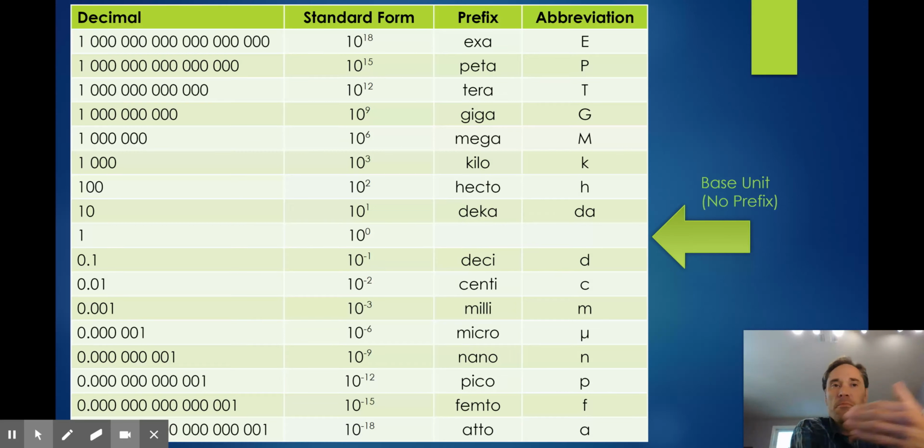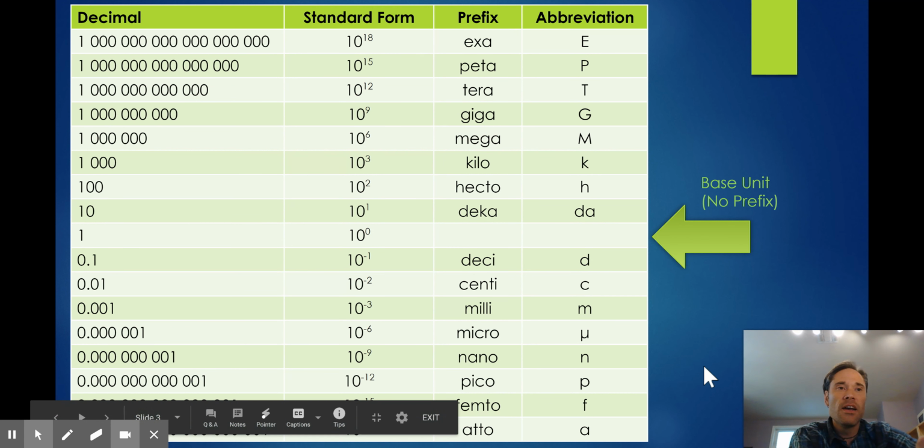If we're talking about meters, for instance, that would fit right here in the middle, where we would call it the base unit. But then with base units, we can put those prefixes out front of them. Some of them sound very familiar, like the K for kilometer, or down here the little m for millimeter, right? But each one of those scales the unit by a certain amount. And then we can go from one size of unit to another size of unit